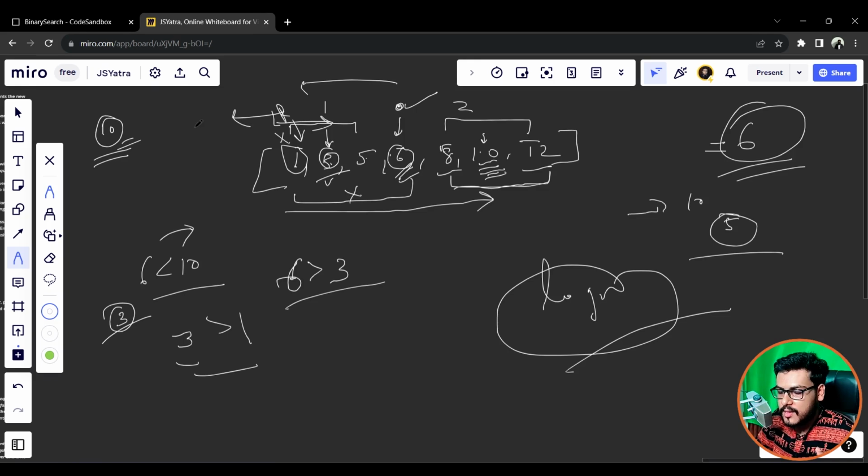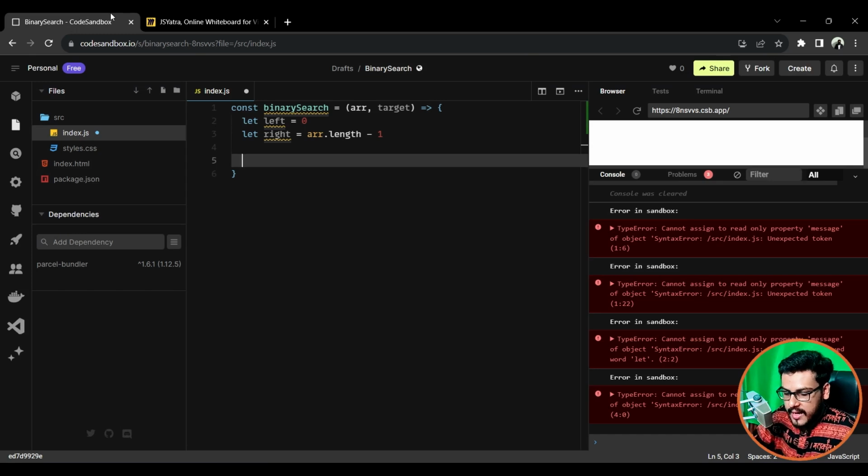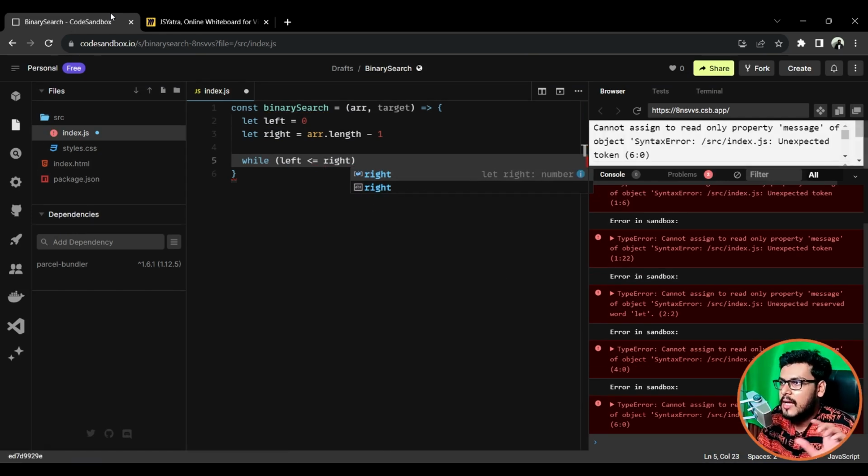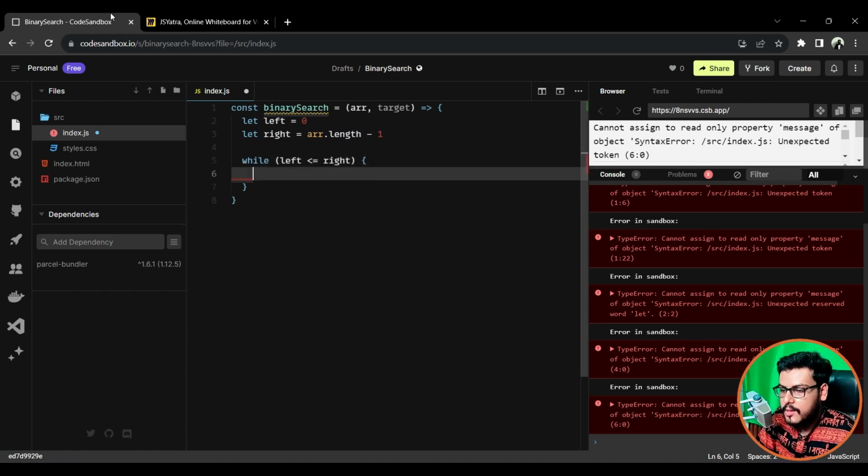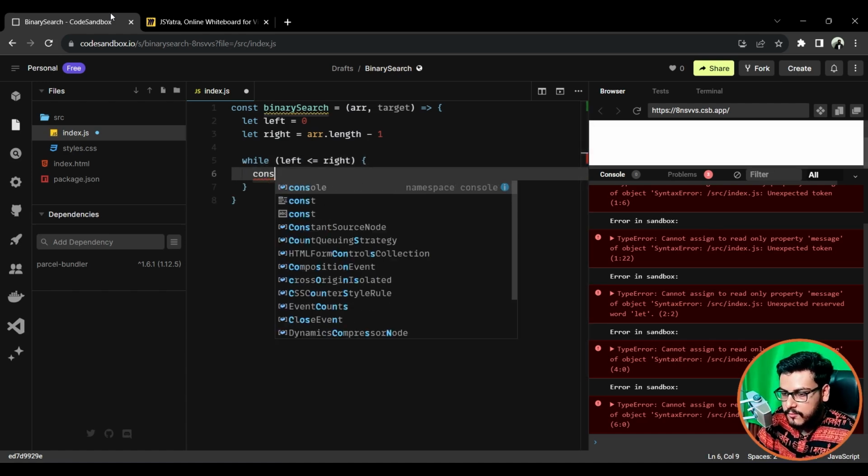So this is the place where we are not going to find any element, because we are way past across the indices. So this is our base condition, to stop searching for it. So while the left pointer is less than or equal to the right pointer, which means that left and right have not coincided, have not crossed paths. Crossed paths means that they have intersected and moved away. So while the left and the right pointers have not crossed paths with each other,